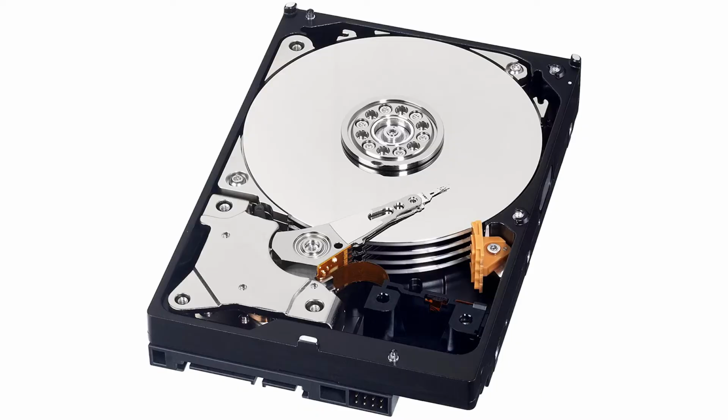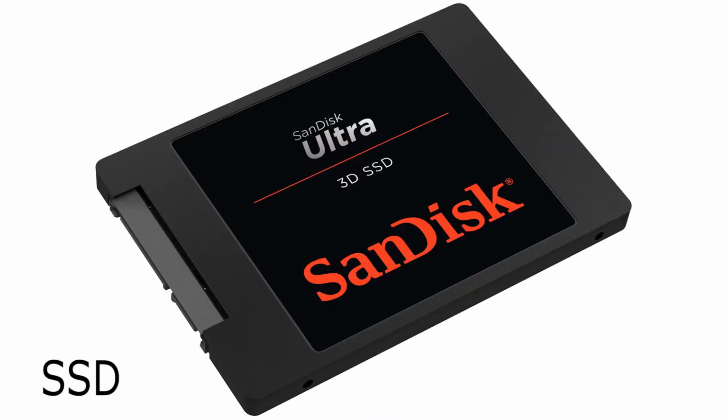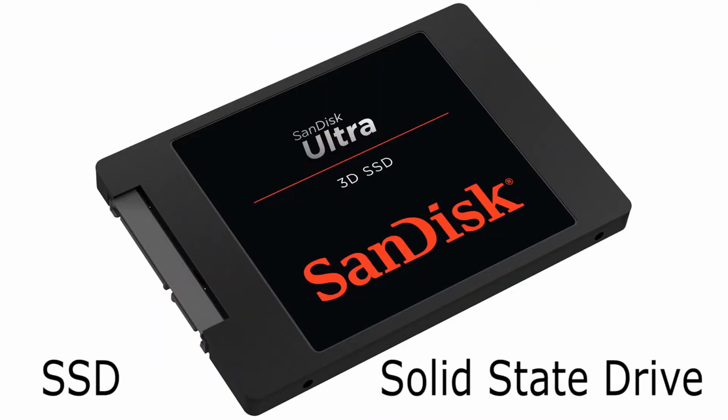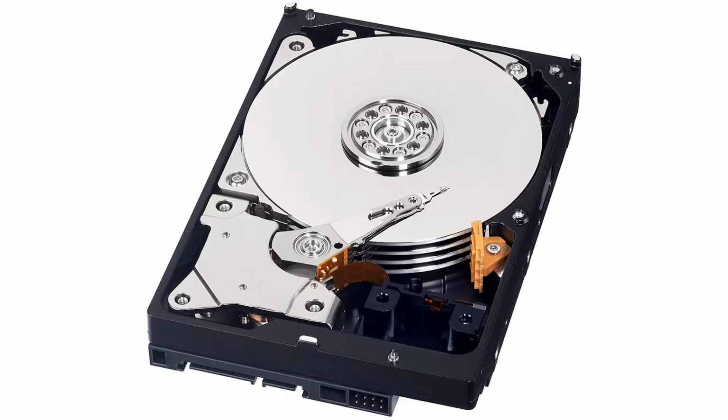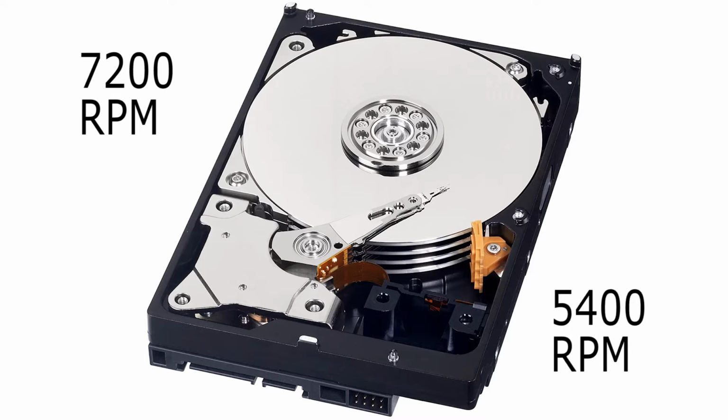One thing to note is that Windows 10 doesn't run great on traditional hard drives. An SSD is recommended. SSD stands for solid state drive. There are no moving parts and it uses flash memory, so the read and write times are a lot faster than traditional hard drives that use spinning platters. The most common speed of those drives is 7200 RPM, and that runs okay, but there's also 5400 RPM drives and they cannot run Windows 10 properly. Unfortunately, that does not stop manufacturers from selling them with Windows 10 installed, so you need to be careful when